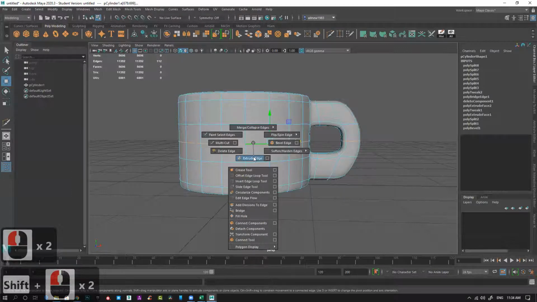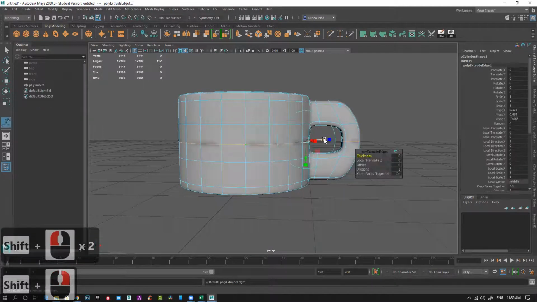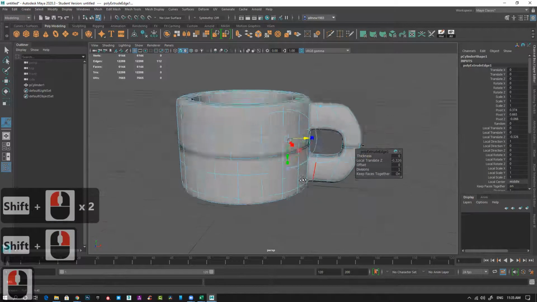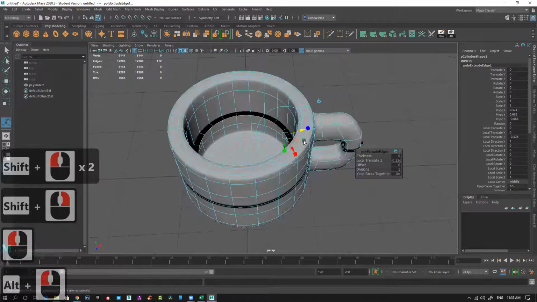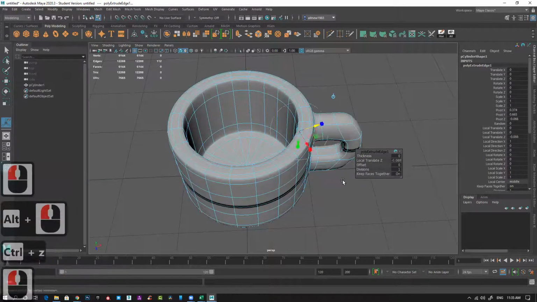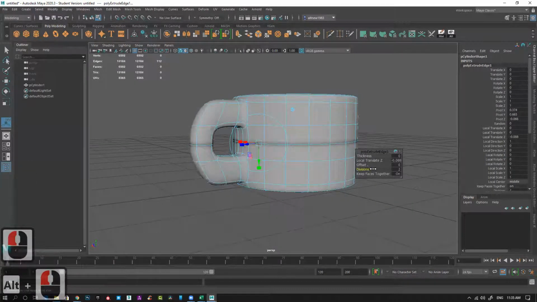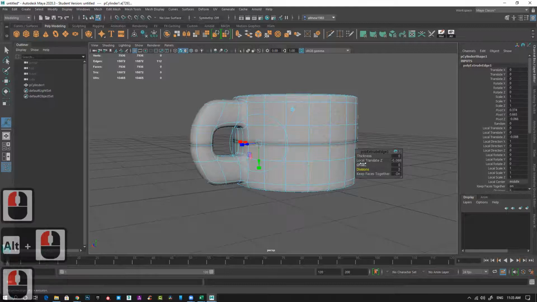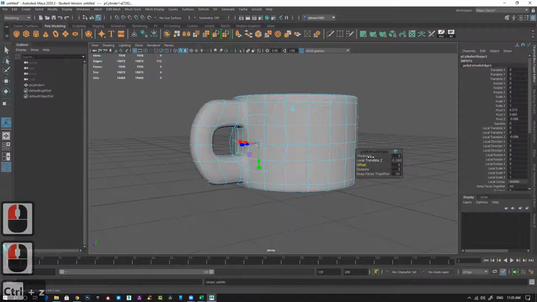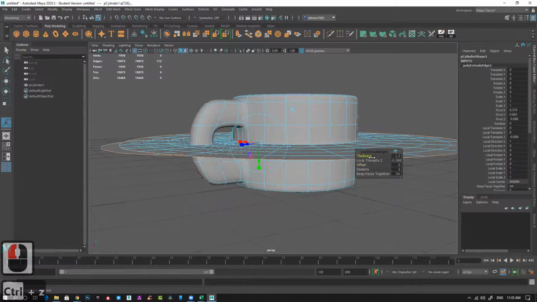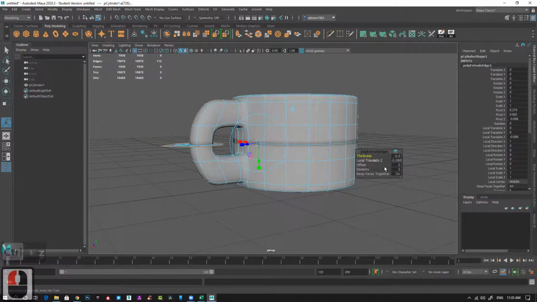Then I can do extrude and push it inside. Division I can increase. Offset, if I want to increase the piece, I can do. It's not visible as its thickness.